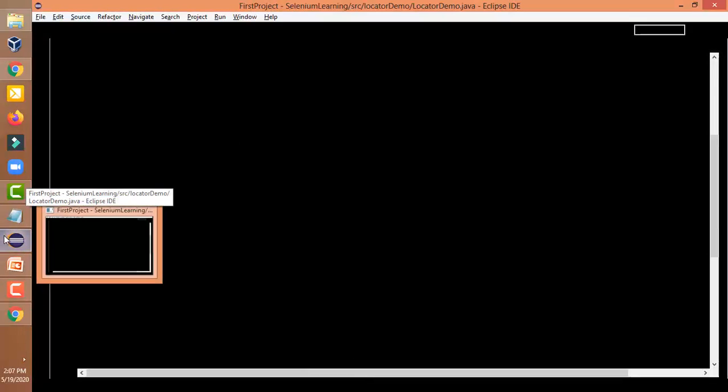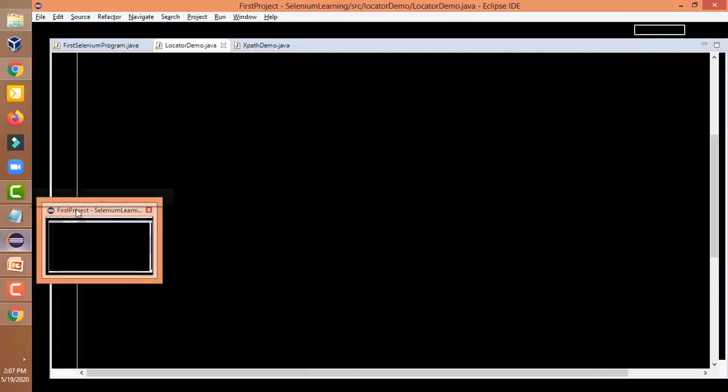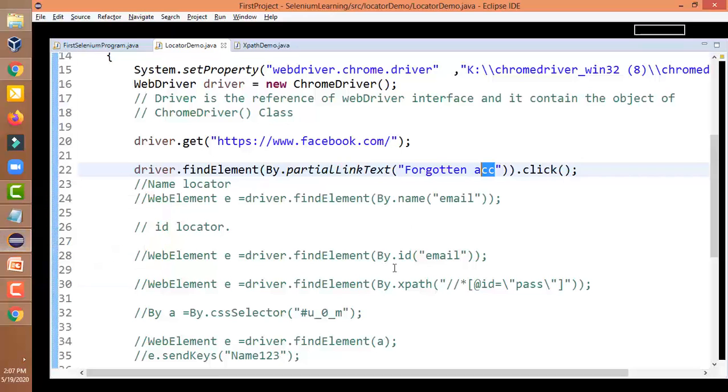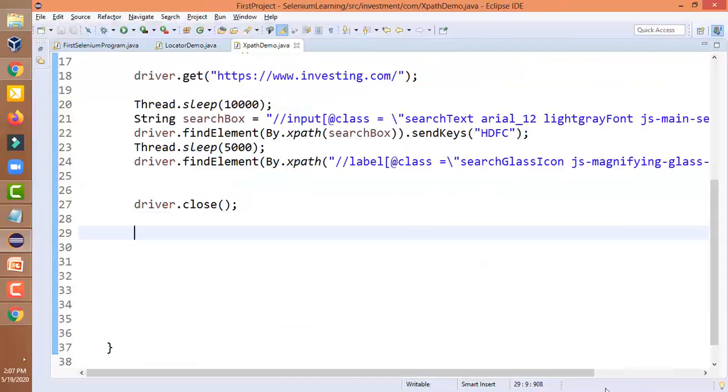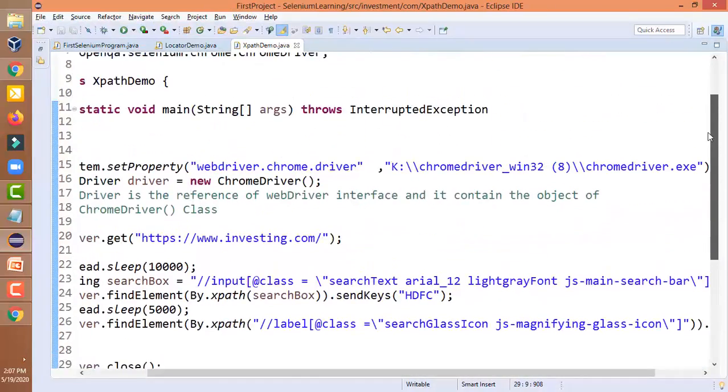Let us use this in our script. So we have to change the application name here. Let me show you. So here the application name has been changed.